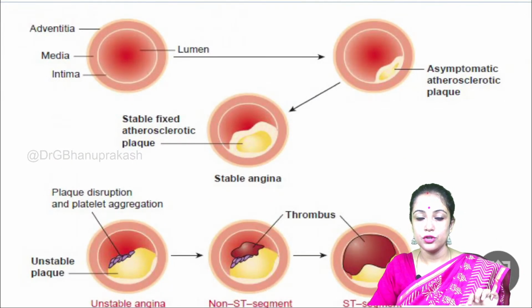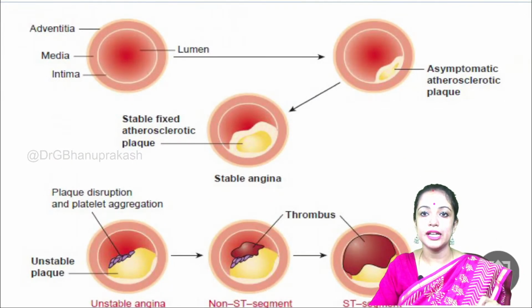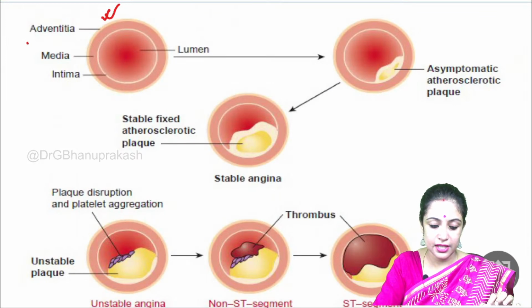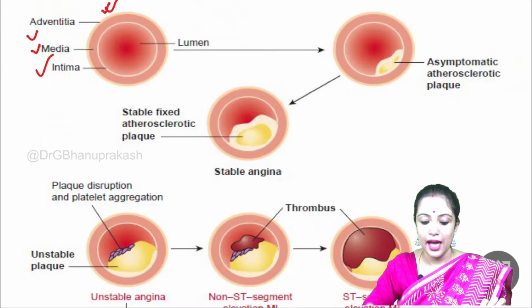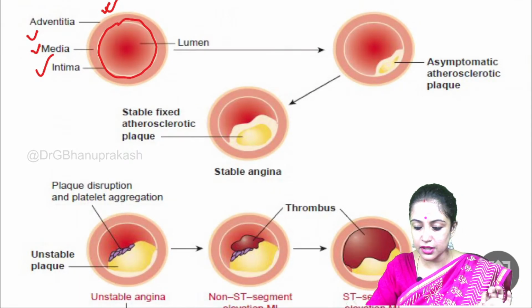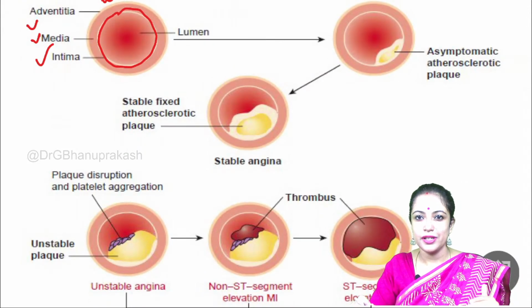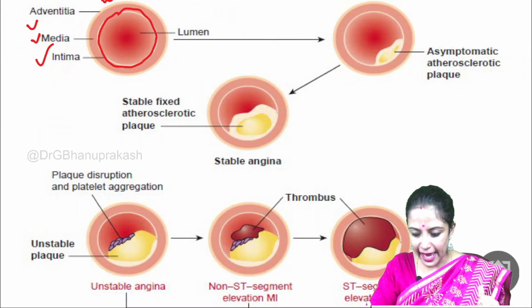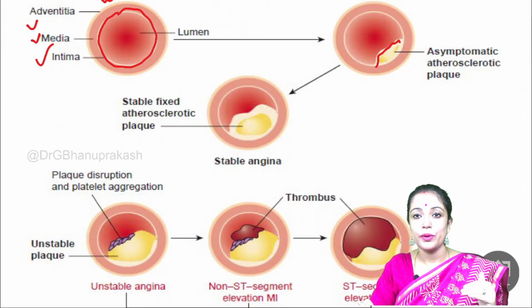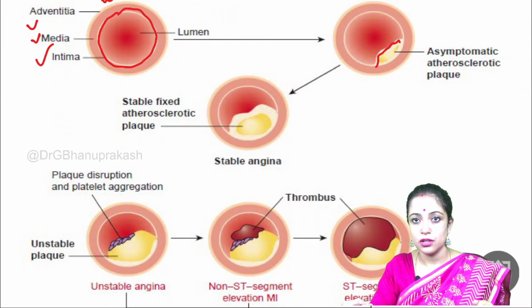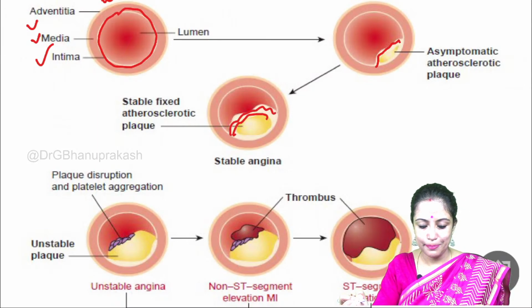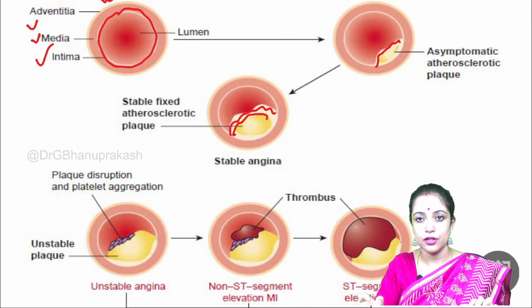A little bit about the pathophysiology of ischemic heart disease. We know that the arterial wall has three layers: adventitia, media, and intima. And this is the lumen. This is just a diagrammatic representation of the pathophysiology. Whenever there is coronary atherosclerosis, there will be formation of plaque. Usually the plaques are formed in the wall, and later on this plaque encroaches on the lumen. So this is a fixed atherosclerotic plaque, and a fixed stable atherosclerotic plaque gives rise